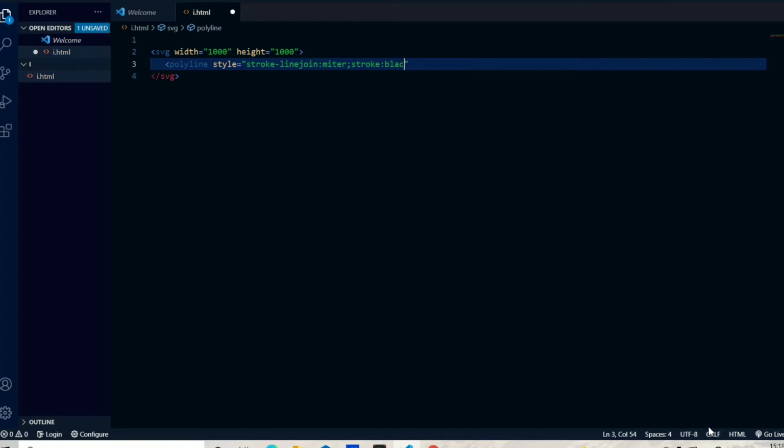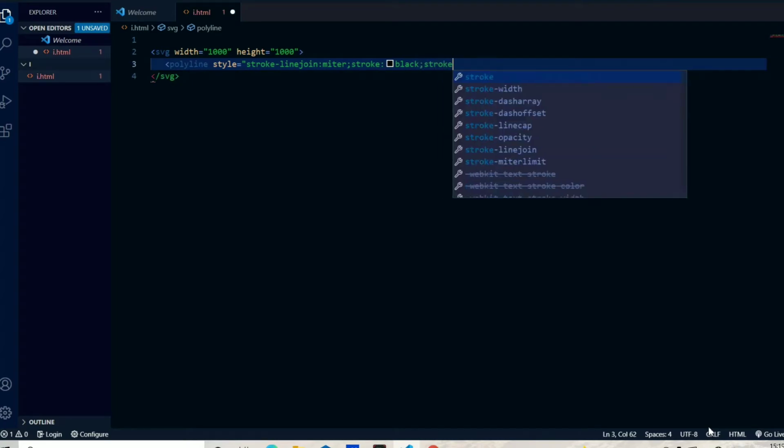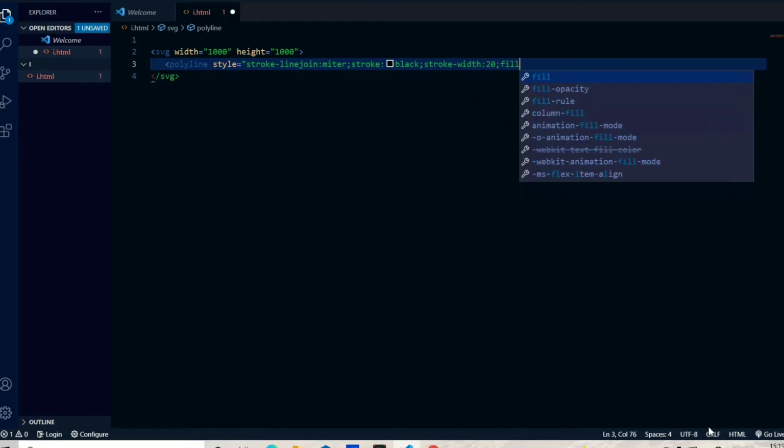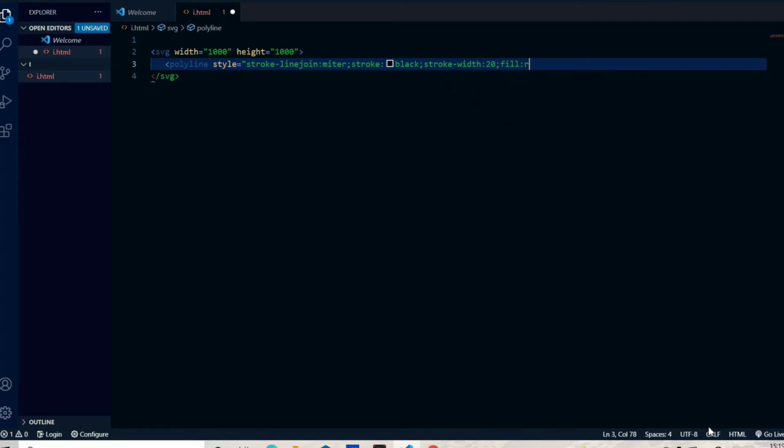I use black, and next I use the stroke width. I use a stroke width equal to 20, and I fill it with red.